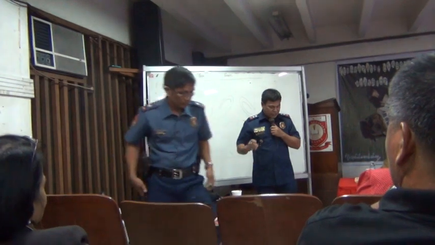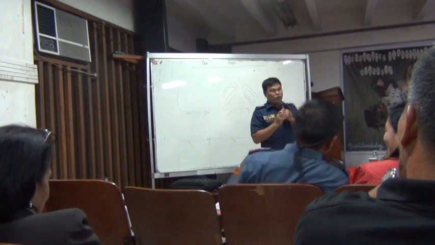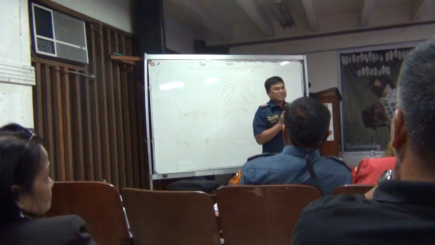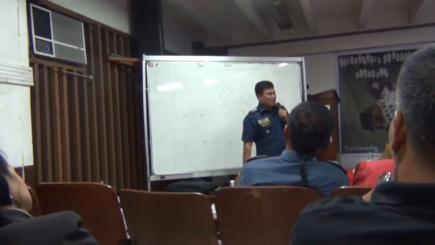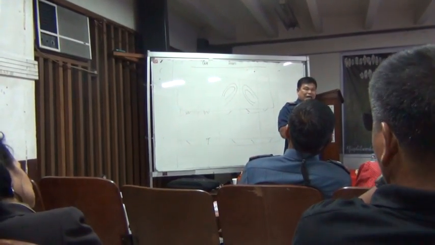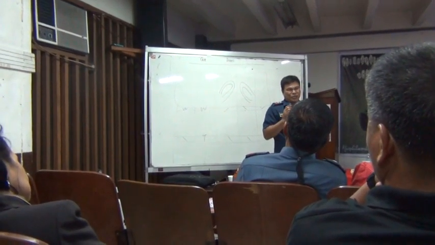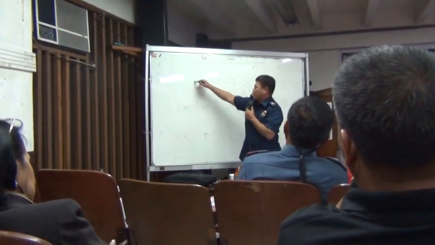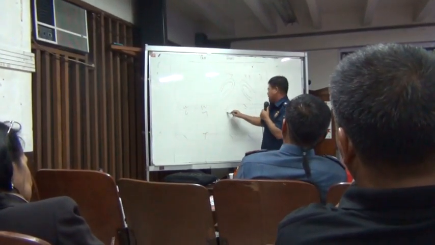Doon sa primary kasi, ang sinasabi po doon, that is the sum of all numerical whorl pattern in the set of prints. Ibig sabihin, doon sa primary classification, ang pagsasama-samahin lang natin is lahat ng whorl. Kaya meron po tayong arbitrary count of 1, which is intended for arches and loops. Okay ba? And the primary classification, we have numbered the fingers from 1, 2, 3, 4, 5, 6, 7, 8,